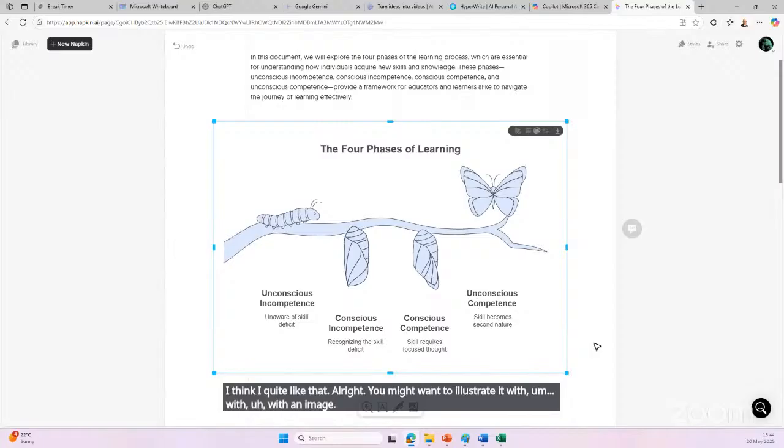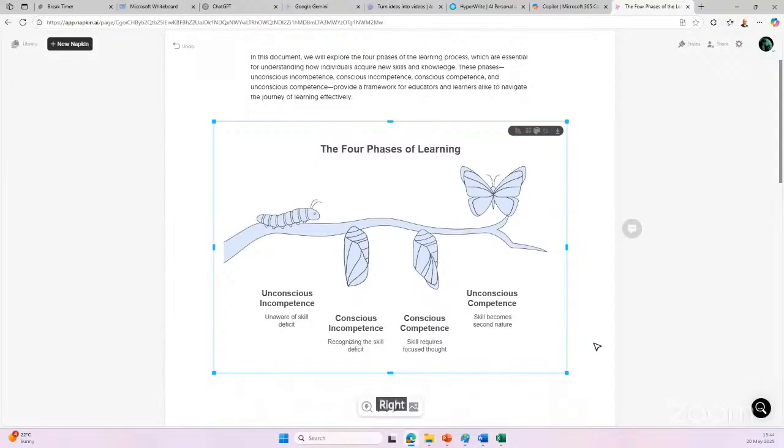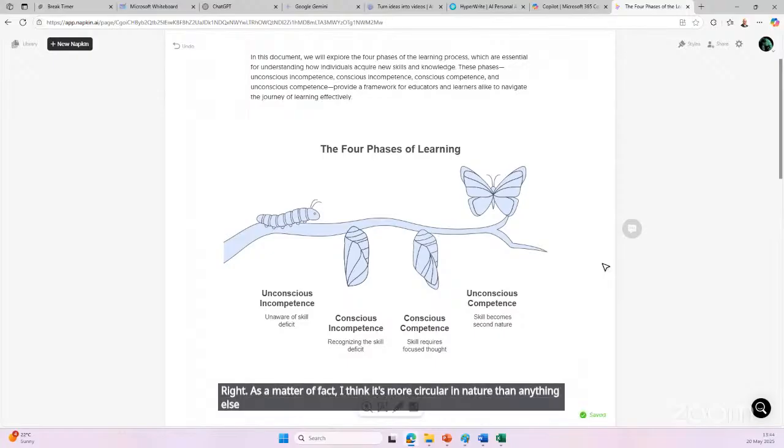My interpretation of this particular image is that learning is a life cycle process. It's a process that starts somewhere and ends somewhere. As a matter of fact, I think it's more circular in nature than anything else. And this is fantastic, and a great example of generative AI. We can have some other examples of generative AI, such as